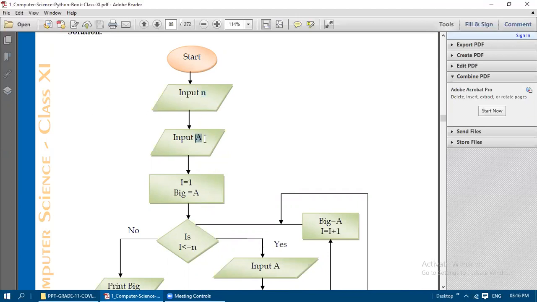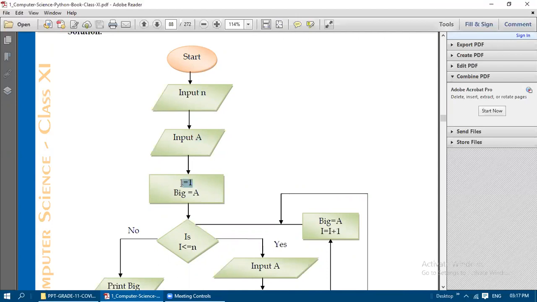Now A, 10, is entered here. First value we are entering here. Now immediately I is assigned with 1, because this is kind of a looping statement, an iterative statement, because we need to take n number of values. So n is assigned with 3, and 3 values we need to get from the user. We have got 1 value from the user.